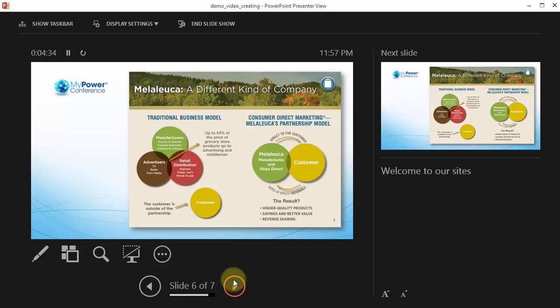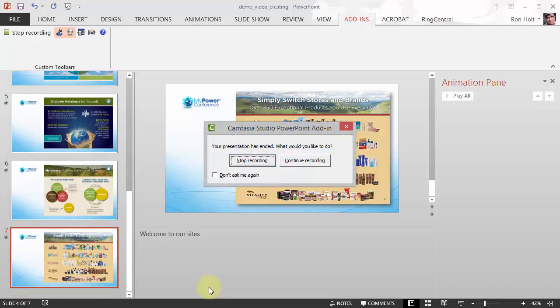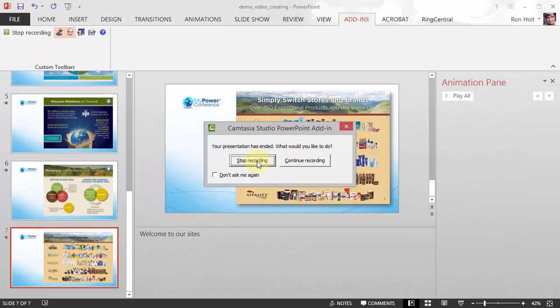Okay, so we're doing the recording. At this point, let's go ahead and go to the next slide and say, okay, we're done, and we're going to close out this recording. So at this point, I'm going to press the escape key, and that will close out the recording, or at least bring up this dialog box, stop recording or continue recording. I'm going to click on stop recording,